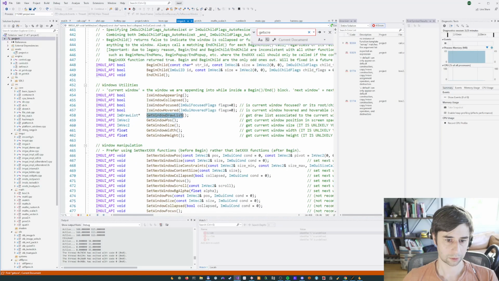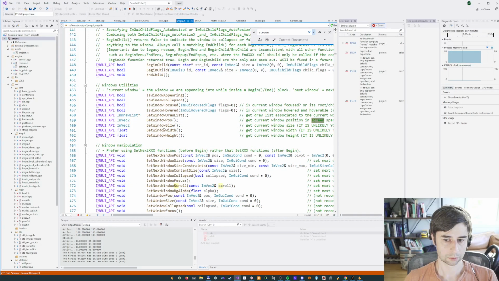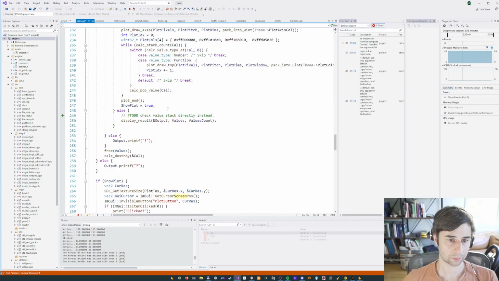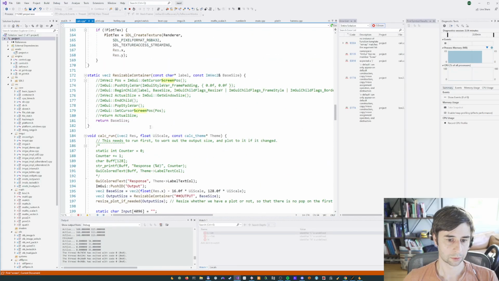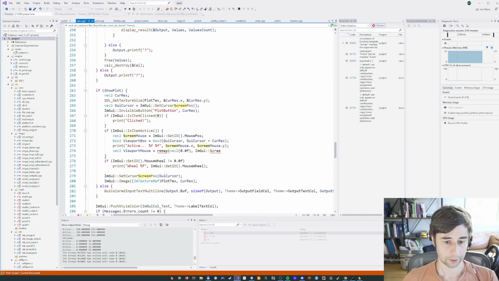Get window pos, get window height. I think I have it in there, it's probably here, honestly, but oh well. Okay, so we'll just remap from this